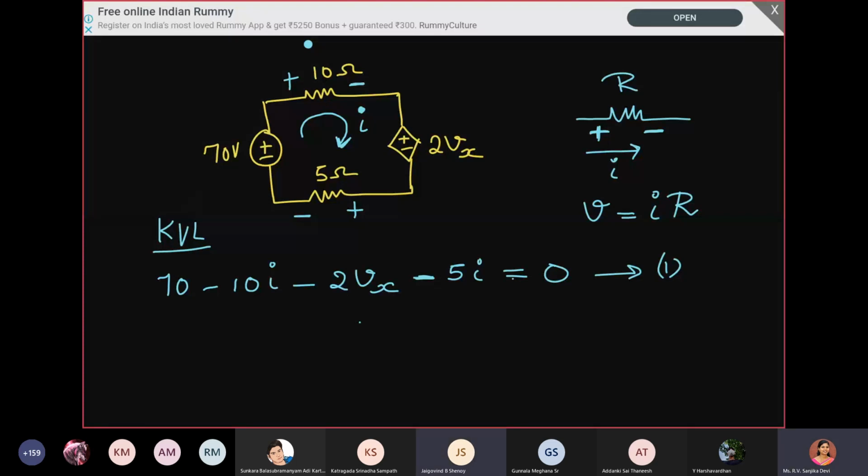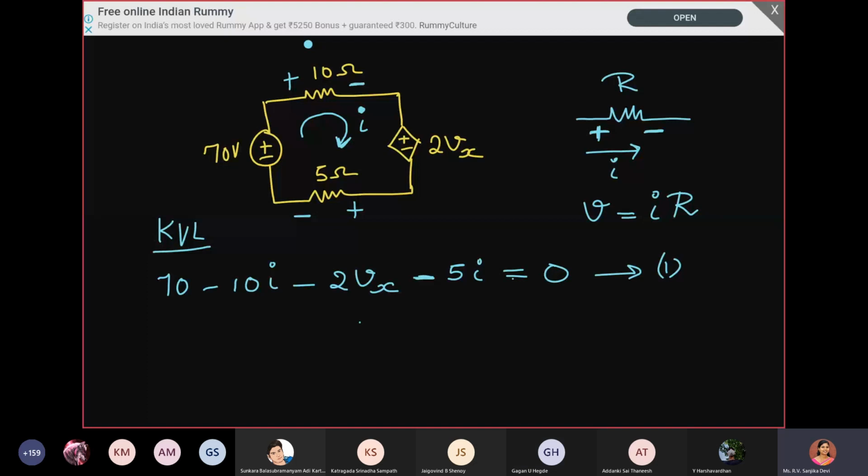Okay, ma'am. So in the 5 ohm resistor, we're just going to disregard the polarities that they've given in the question and just put plus and minus. Yes, sure. Later we will take into account the polarity whatever they have given. So first when you are writing the first equation, we have to take plus for the entering side, because that is a convention I am following. I'm taking into consideration the polarity from where we are leaving that particular circuit element.